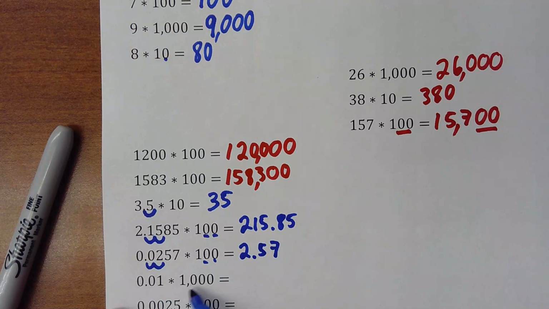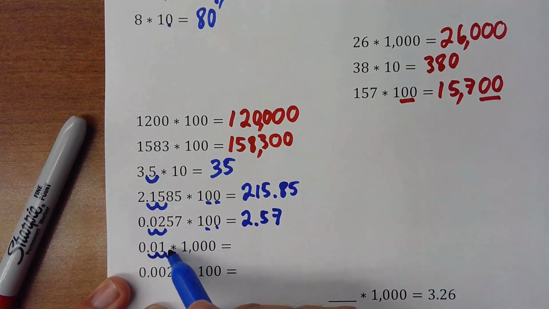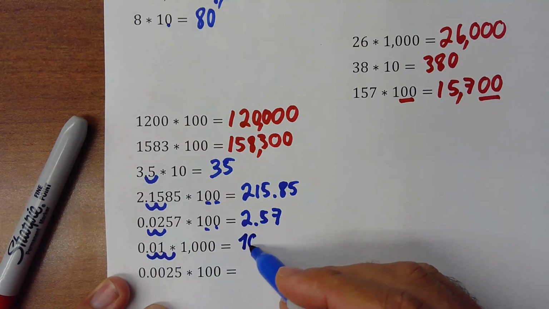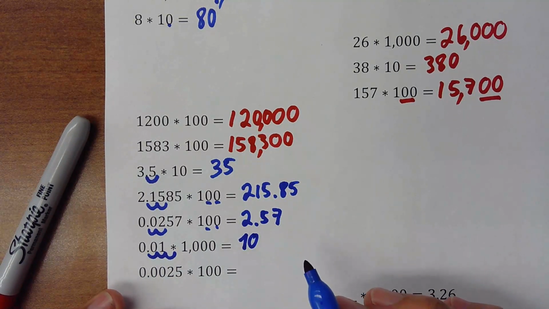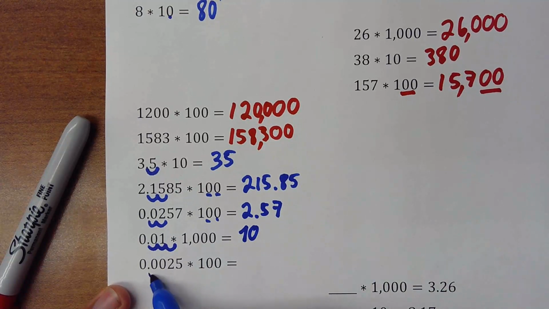Here, 0.01 times 1000, we have to move it 3 spaces. So we go 1, 2, 3. If there is nothing here, you have to put a 0. So the answer for this one will be 10. It's good that you pause the video and you try to do it by yourself and then you check. 2 zeros here, 1, 2. So